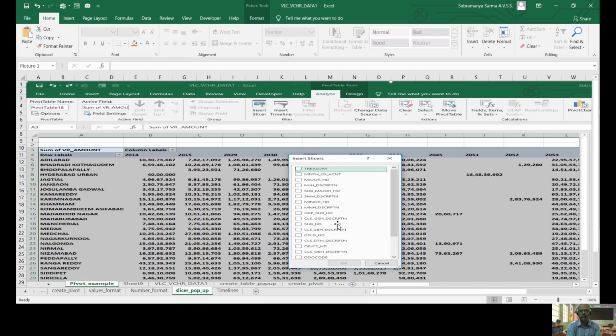That means all the field names will appear. Insert slicer heading will be there, and it will give you the list of all fields. The only thing is you have to select which field you want to create a slicer for. Now here I am clicking.